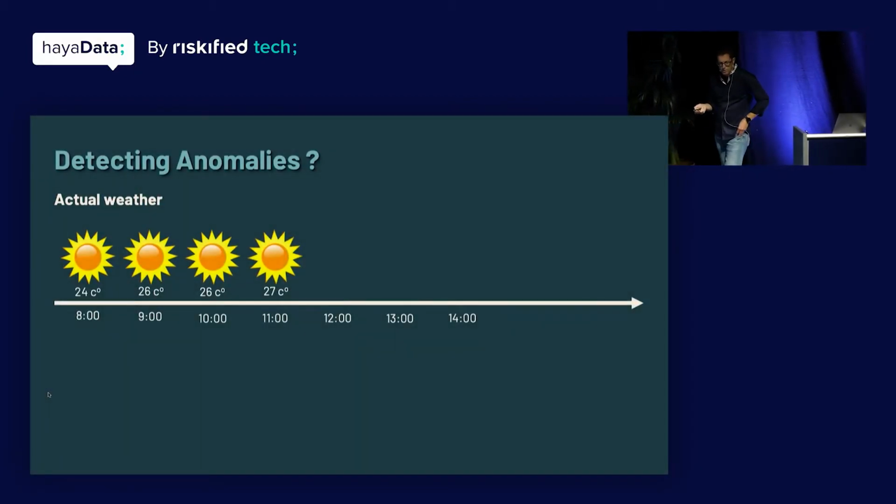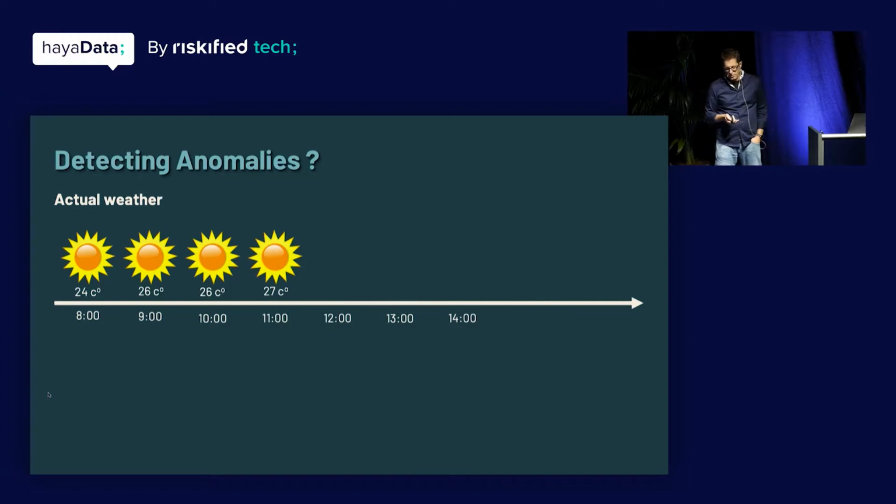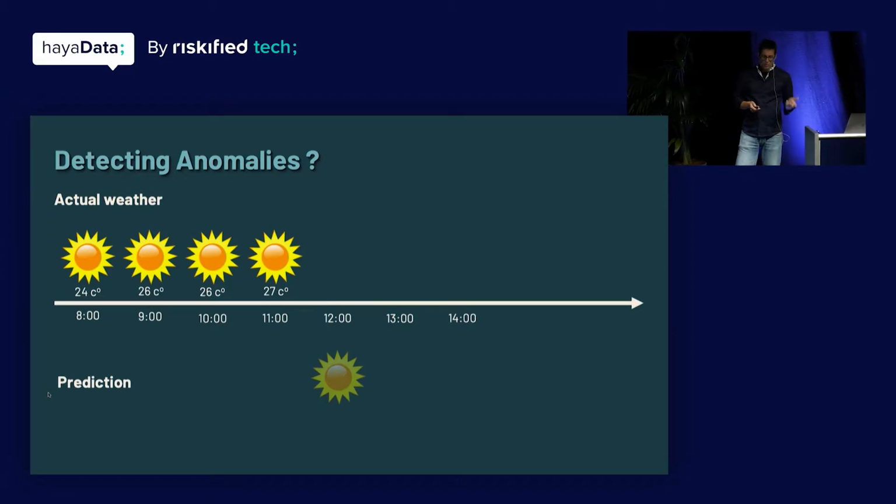All right, so let's look at an example of weather, for example. Let's say I'm tasked with predicting the weather at noon. What I can do is look at the weather in the last hours, and I can see that it was really sunny and warm, just a nice day. And what I would probably predict for the weather in the next hour is that, again, it's going to probably be sunny and warm. We'll wait for noon and check the weather out. And if it's sunny and warm, we'll say, great, our prediction matched reality, our model works. We can do this again and again.